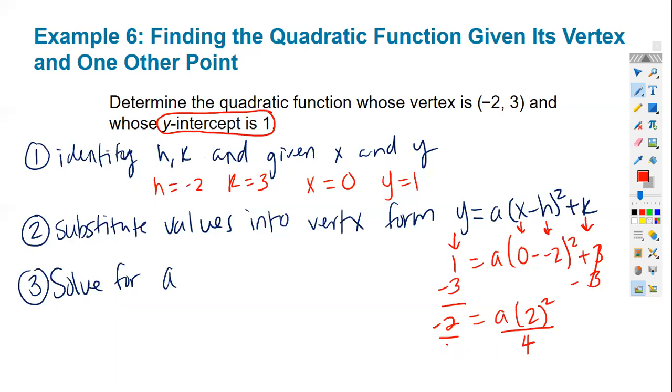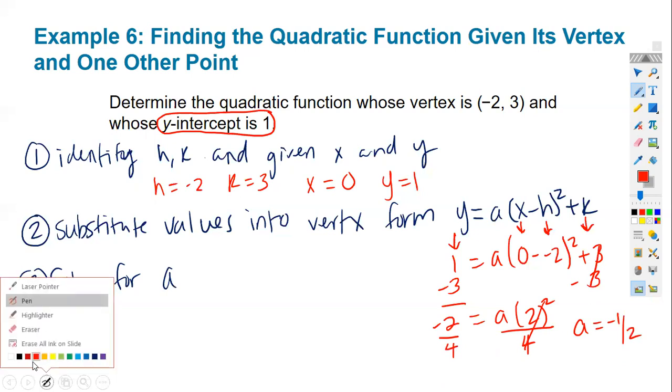All right. So we're going to divide by 4. And what is A? A equals -1/2. Okay. Questions about step 3? Doable? Okay. And then step 4